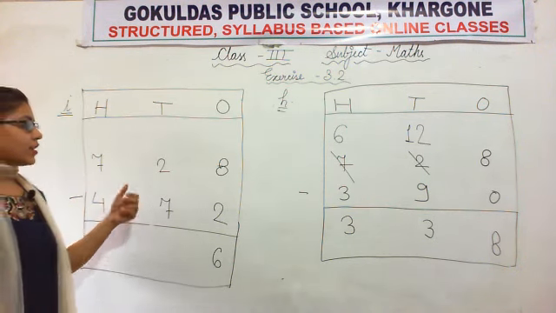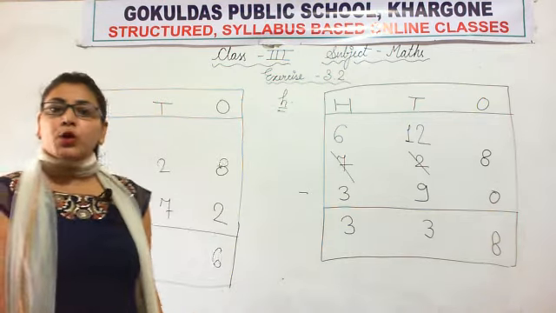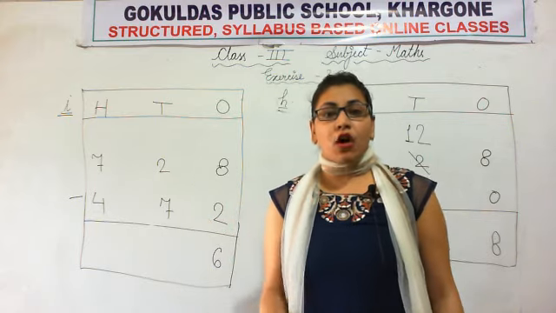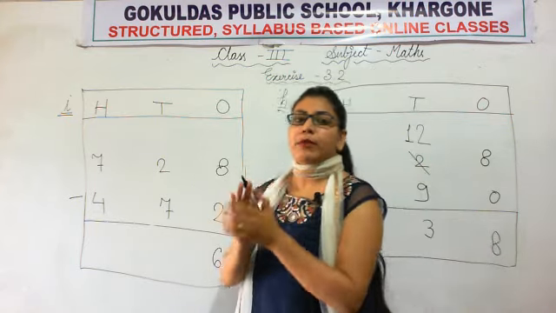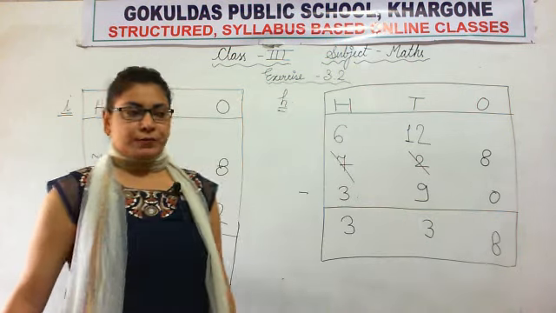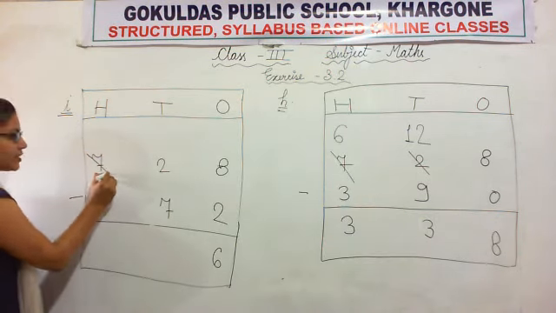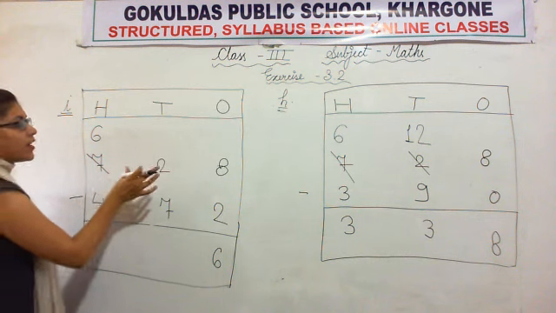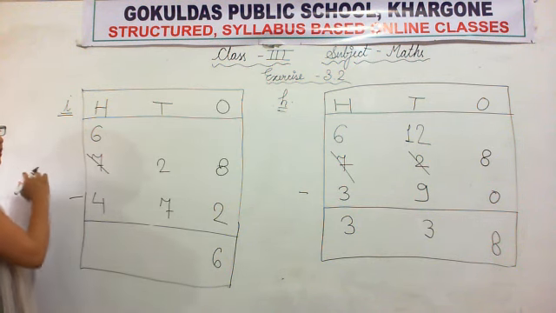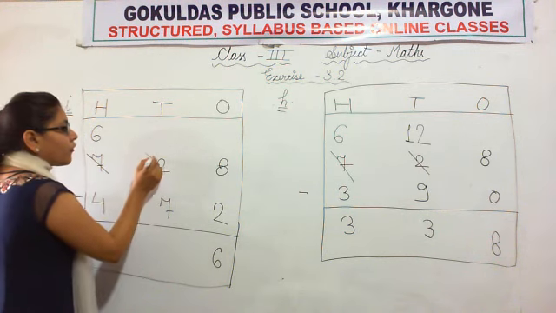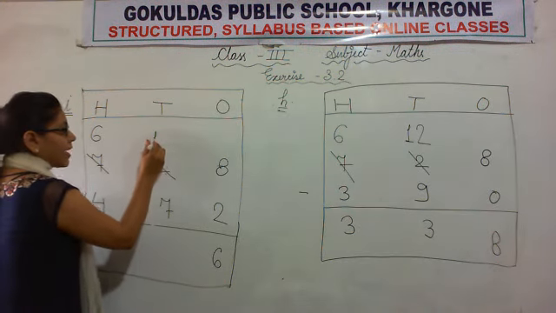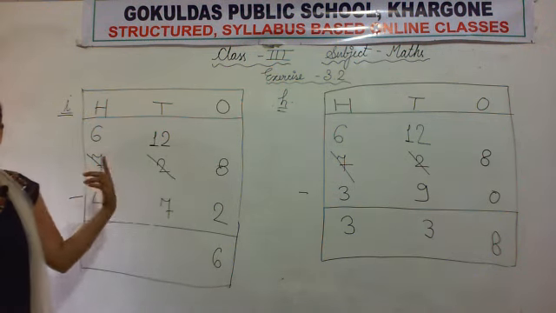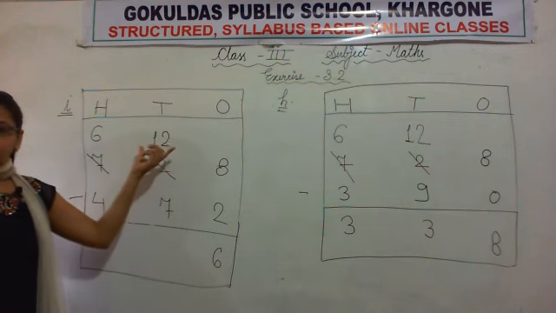Now 2 minus 7. Can we remove 7 from 2? Yes or no? No. Why? Because 7 is the bigger number and we always subtract a smaller number from a bigger number. So now what will happen? We will take a borrow from the hundreds place. This 700 will become 600. This 700 will give 100 to the tens place, and after taking 100 from the hundreds place, this 2 will become 12. Because 100 means 10 tens, so 2 tens plus 10 tens is equal to 12 tens.